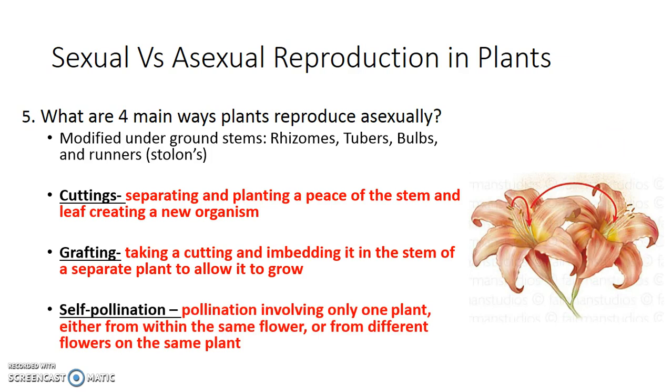Lastly, there's self-pollination. Most flowers can self-pollinate, meaning transferring pollen within the same flower or transferring pollen from flowers on the same plant. Both of those would produce plants that are basically genetically identical for all intent and purposes. And so, they're asexual reproduction because you're not involving a second plant's eggs, you're involving the same plant's eggs.